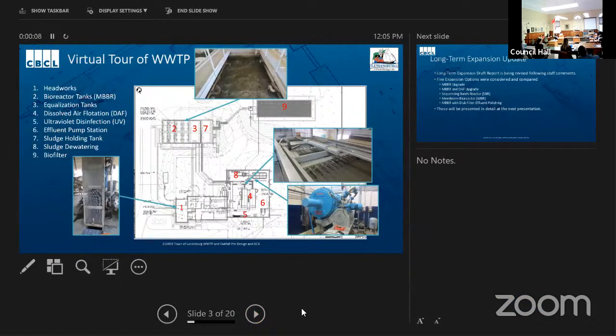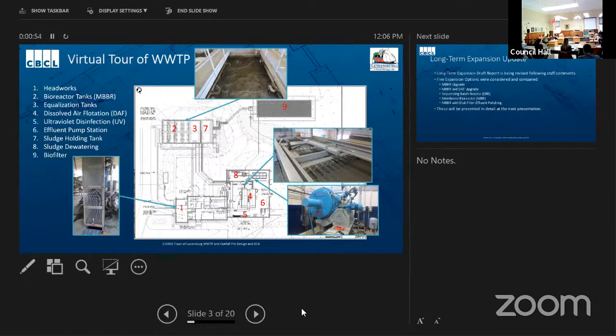So first, I'm going to take you on a quick tour of the plant so that you know what it involves and what the different pieces are in it. Wastewater enters at the headworks where it's screened of large solids, and that's at number 1 in the bottom left corner. And then it moves to the bioreactor tanks, which have bacteria on floating plastic media where organic matter is removed. And that's at number 2. Then it goes to the equalization tanks where it's batched to flow through the dissolved air flotation tanks or DAF tanks at number 4, and there the solids are removed. After that, it goes through the ultraviolet disinfection where bacteria is removed or